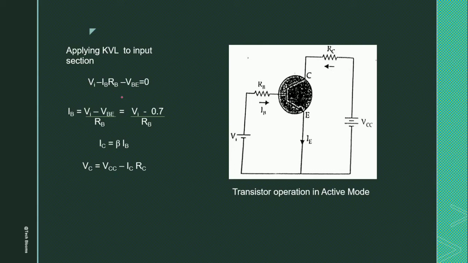Now here you can get 2 points to clear. That is, if you increase your input voltage from this expression, what will happen is that IB will increase, the base current will increase, which in turn, if base current is increased, your collector current will also increase, which in turn reduces the collector voltage. As you can see here, input voltage will increase the base current, and which will increase the collector current, as IC is equal to beta times IB, linear proportion, and here VC will be decreasing because it's negative ICRC. So if IC is increased, your VC will be decreasing.